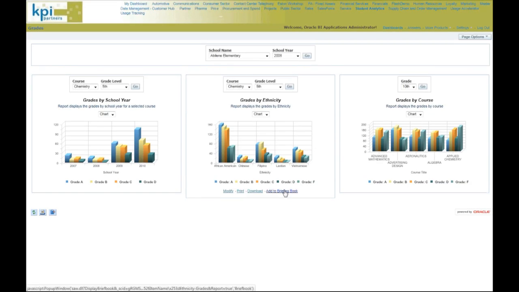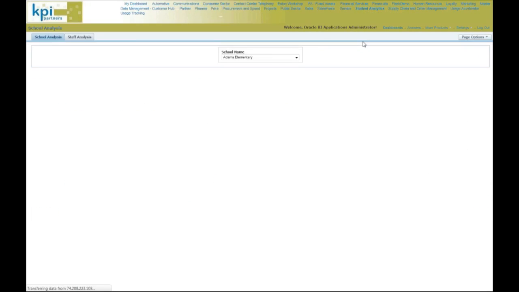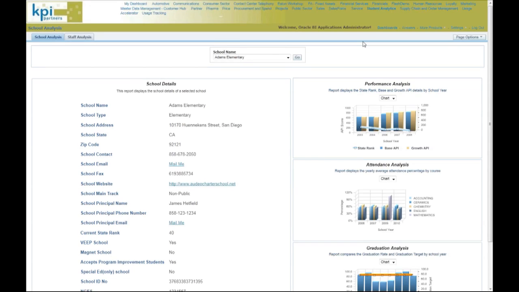Or even if there's standard reporting or a series of briefing books that I need to generate for my regulatory reporting, I can add any of my reports to a standard briefing book with one click. And then I can schedule that briefing book to run at any given interval. Now, a lot of public sector is using this not only for internal-facing reporting, but external reporting. If you go to New York City's